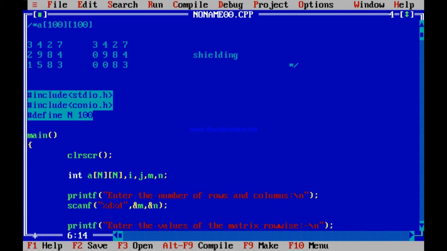Had there been one more row, say 2, 7, 8, 4, another row, how will this be converted? 0, 0, and which one is the diagonal? This 4 is the diagonal, remember. So 0, 0, 0, 4. The diagonal over here is 3, 9, 8, 4. So below the diagonal, everything is converted to 0.